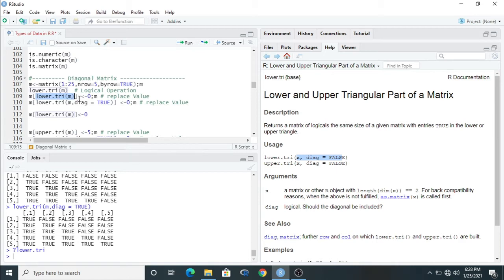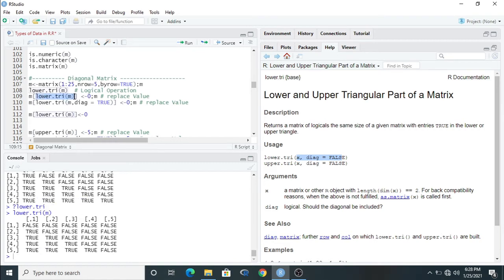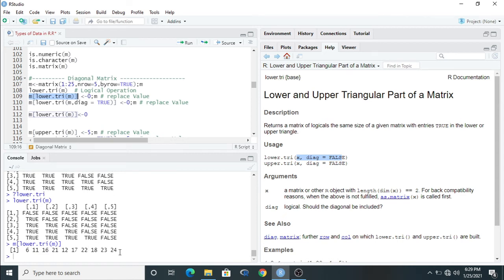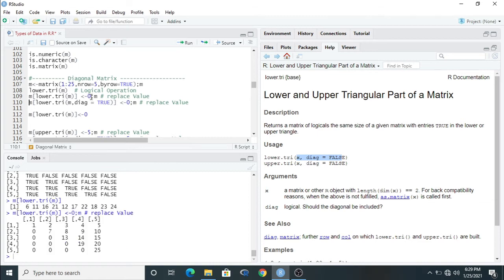Okay, so from here to here, it indicates only true and false. It means logical function. Okay, if you want to change the lower triangular of m to 0, then what happens? Just check this lower triangular, it indicates true. It means then we can check inside the m what are the values of this lower triangular. We can run here, these are the values inside the lower triangular. Okay, and we want to change these values to 0. It means where the true appears, we can change the true to 0. So just run this and you can find here all the lower triangular values are 0.